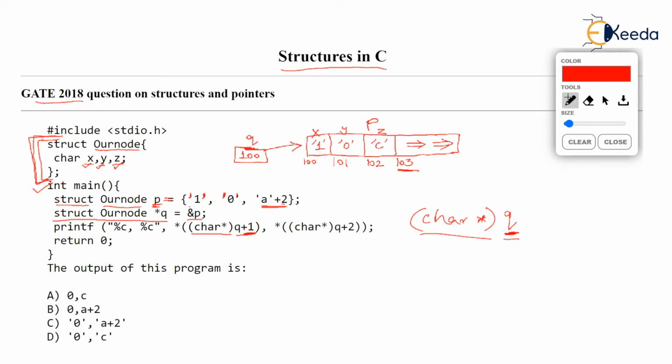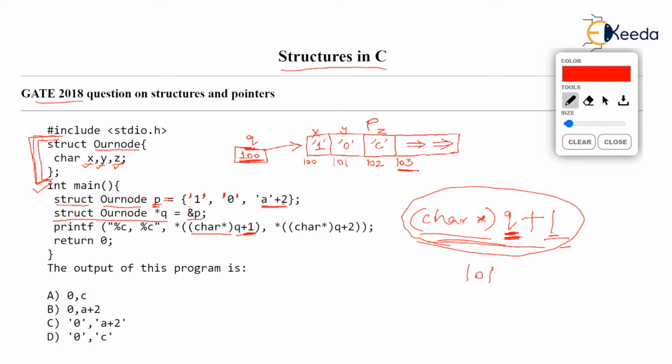So what is a char pointer? A char pointer at a time points to a character, and if you add 1 to such a pointer, you will get only the next byte, because now q is a char pointer, and a char pointer points to only 1 byte. If you increase it by 1, it will increase by the size of a character. So what is this q plus 1 going to give us? Yes, q is 100 right now. Observe the mouse place. q is 100. So now this value will correspond to address 101. I hope you are understanding it.